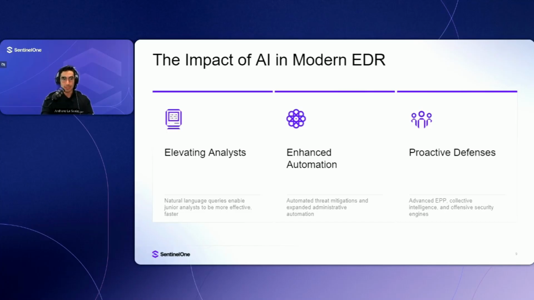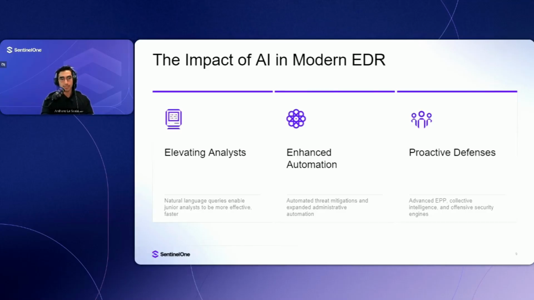Next is automation. While some AV and EDR options have basic automation like automated quarantine, this is insufficient for today's threat landscape. Modern EDR's automation extends beyond immediate containment to assist analysts in investigations and enable more efficient workflows with connected utilities. This further implementation of AI helps lower mean time to respond metrics and reduce exposure windows by providing immediate data and context. Automated workflows can remove smaller, time-consuming tasks, allowing analysts to stay focused on the investigation.